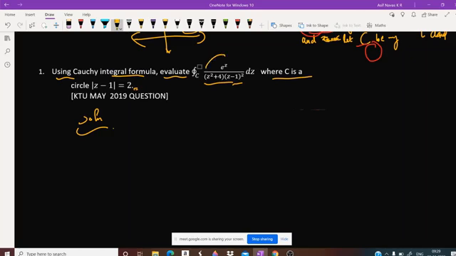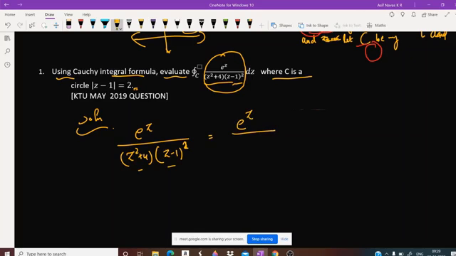We have this function. e raised to z is always analytic, and in the denominator we have z square plus 4 into z minus 1 all square. This we can write as e raised to z divided by z minus 2i into z plus 2i into z minus 1 all square, since z square plus 4 is z minus 2i into z plus 2i. So this function is analytic everywhere except